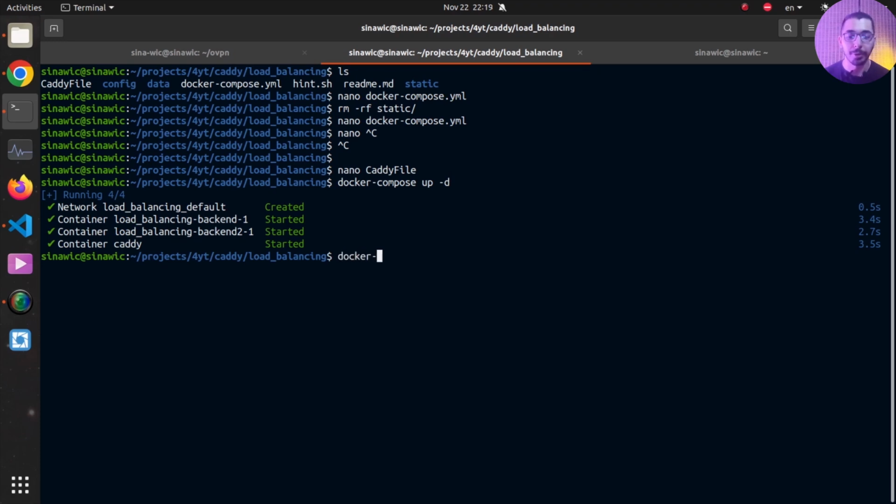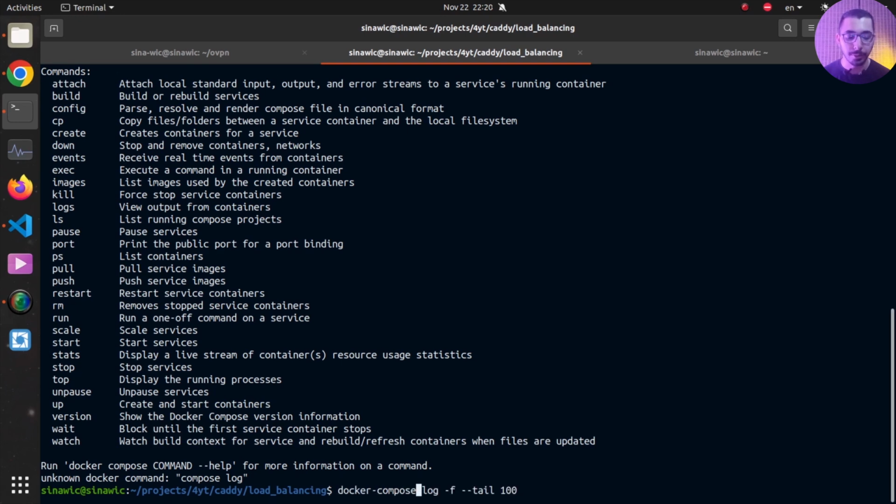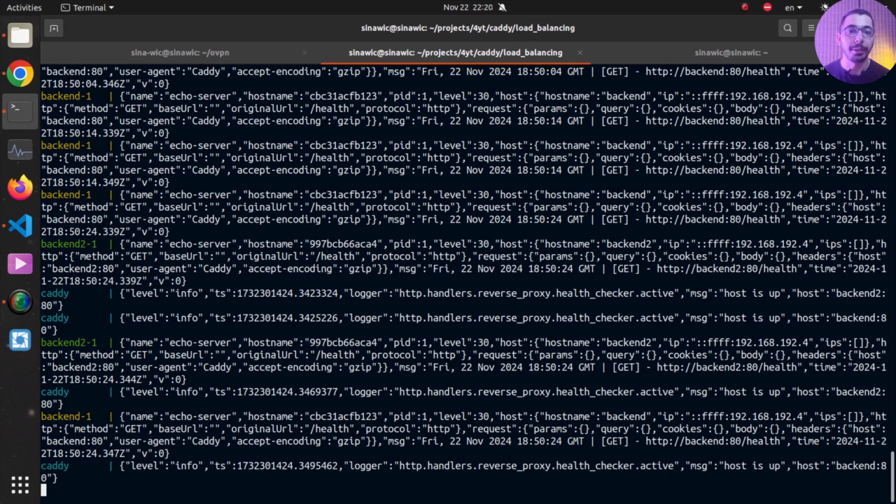So if I say docker compose ps, I'll be checking that all my containers that are created by this docker compose file are in up status with the exact same ports mapped inside each of those containers. Also, by saying docker compose logs -f to follow, and --tail 100 to grab the latest 100 lines of the output of these containers. So I'll hit enter, and actually it is logs and not log. I'll hit enter, and you can see the logs of the 3 containers that are created by this Docker Compose